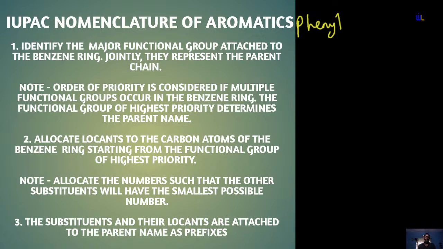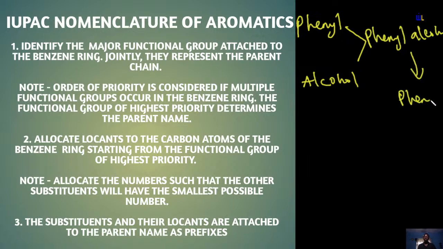So phenol was gotten from phenyl, which is the benzene substituent, and then the hydroxyl group, which is alcohol. So putting these two together, you have that it is going to be phenyl alcohol, and that is what eventually led us to phenol. So my point about it is, once you see the hydroxyl group attached to a benzene ring, it is what we refer to as,